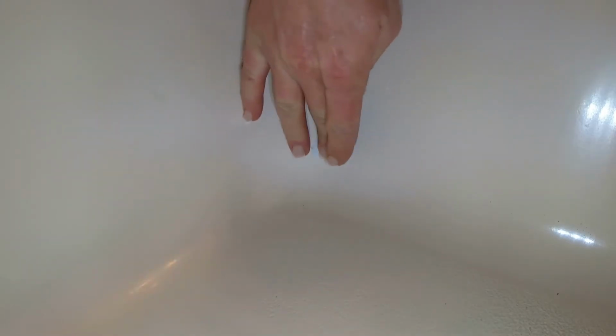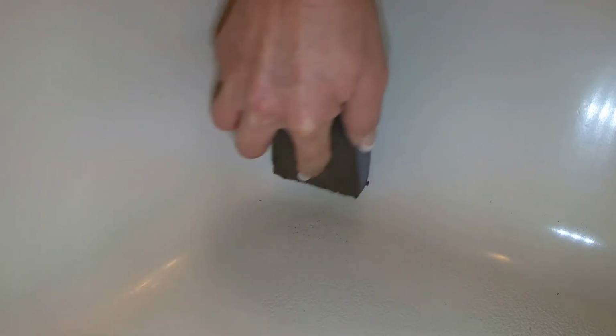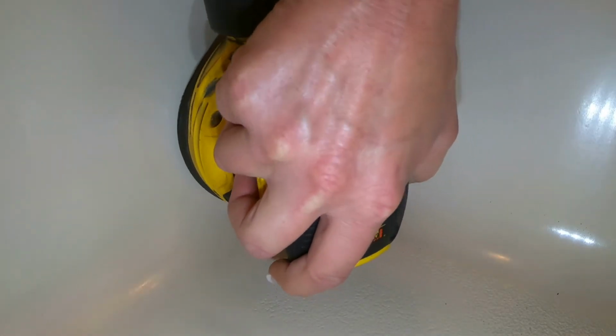Now, I wouldn't recommend using a hand sander on this just because it's going to take a lot of elbow grease to get this to smooth out. But you can use a rotary sander, and typically that's what I would use. But this was in an area that was kind of hard to reach, so I decided to use my angled sander. Okay, I'm going to start out with some 80 grit sandpaper on this